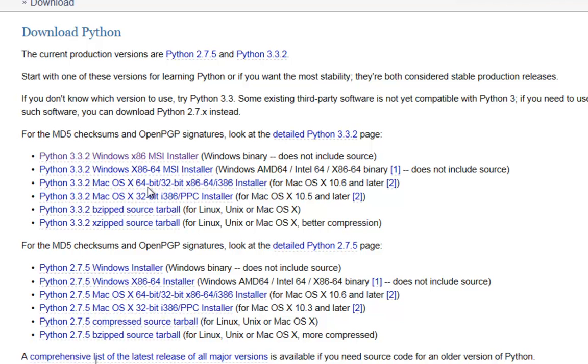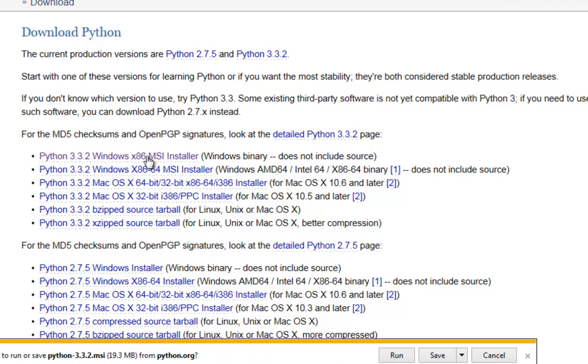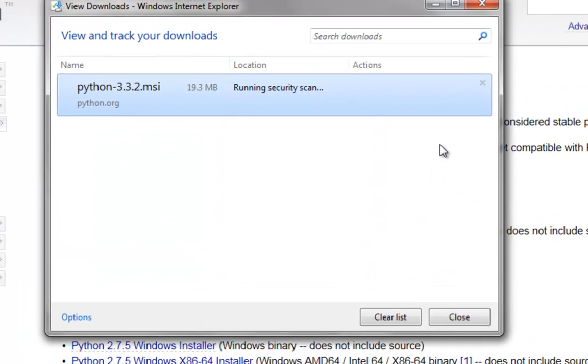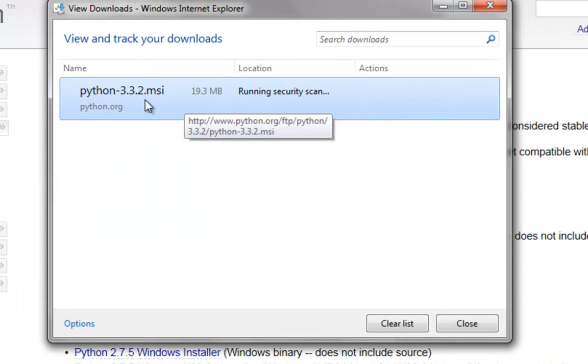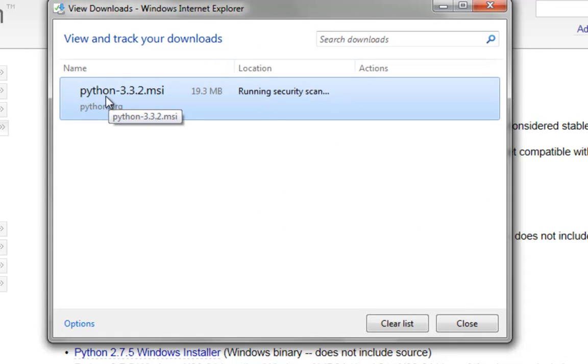Okay, let's go ahead and get started with this. I'm going to click on the first link, which is the Windows, and this is going to be my 32-bit version. And we are going to download or run it. I'm going to go ahead and click on Save, and I'm doing this from Internet Explorer. Depending on which browser you're using, this is going to look a little bit different, but basically you're downloading the file and then we're going to run it. So I'm going to save the file, and it's going to go ahead and bring it into my downloads, and then I want to view my downloads, and here's the file. So now I can go ahead and double click on it,